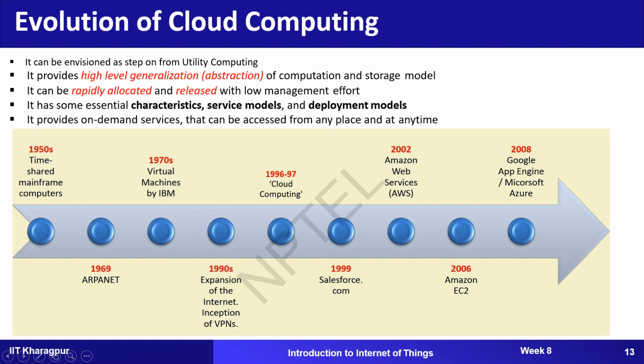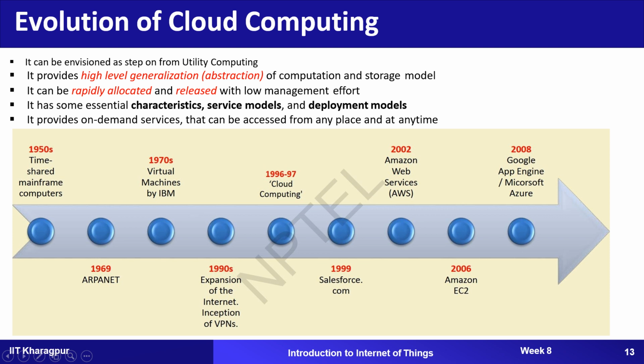Then in 1996 and 1997 cloud computing came into the picture. After that, in 1999 salesforce.com came into the picture. Then in 2002 Amazon Web Services, in 2006 Amazon EC2, and then in 2008 Google App Engine and Microsoft Azure were